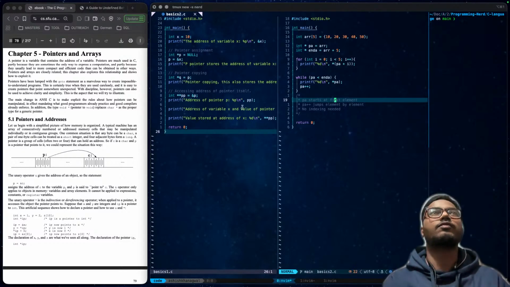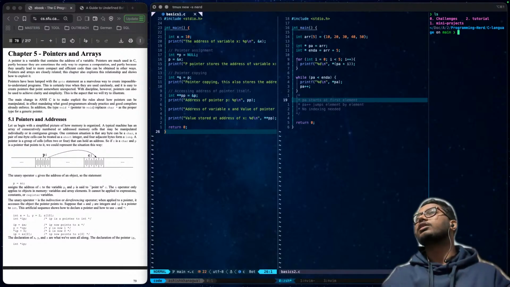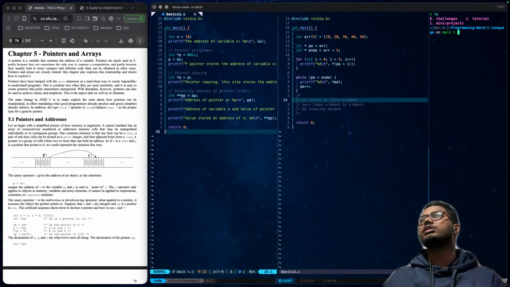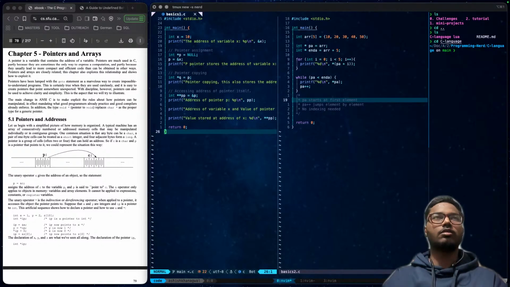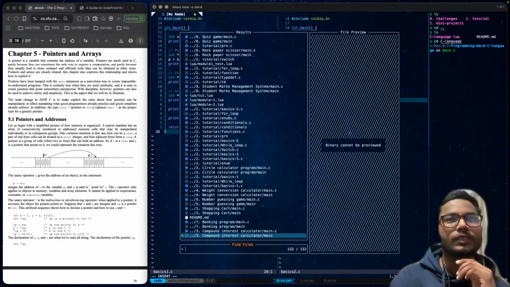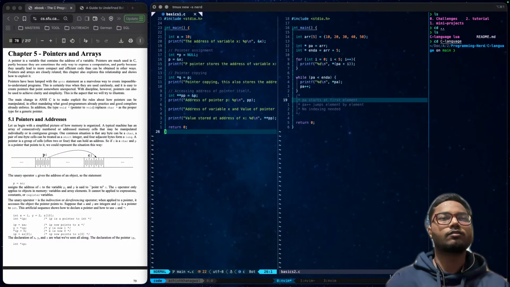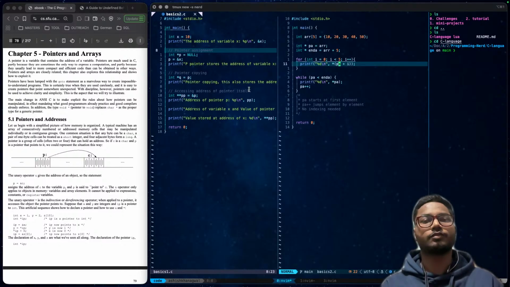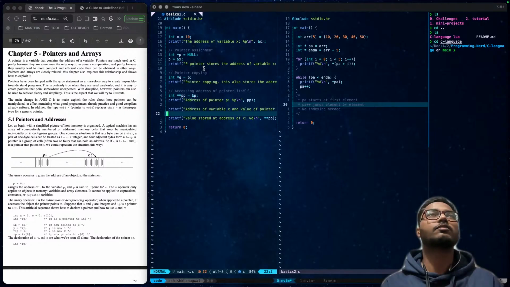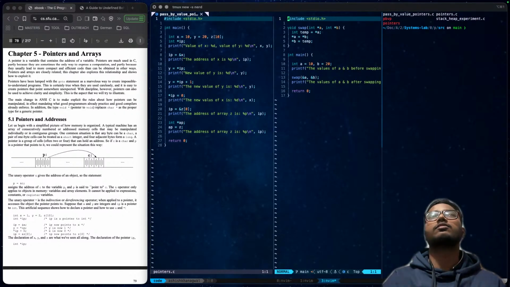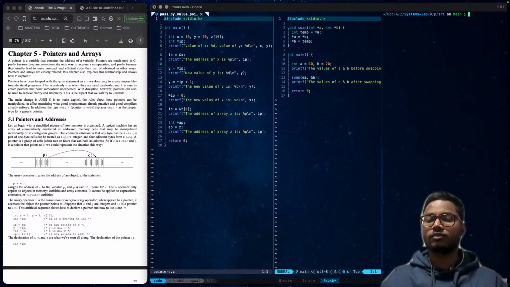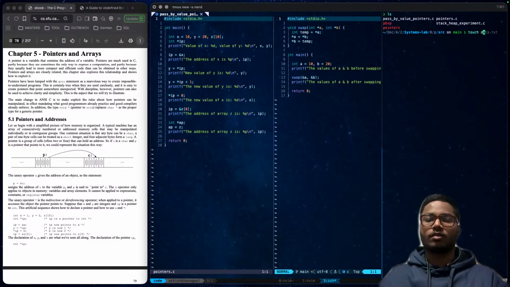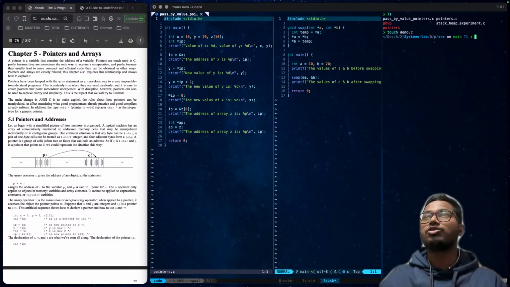Let's say we make a file where we are programming in C. Let me show you exactly.